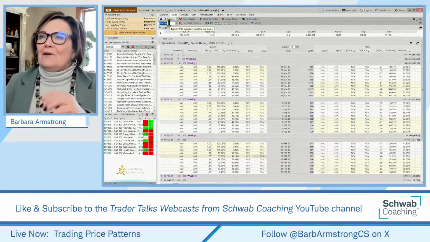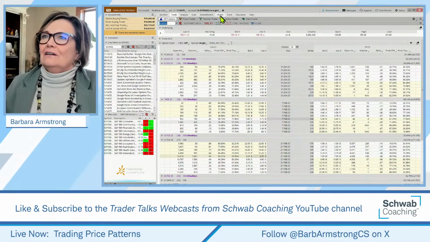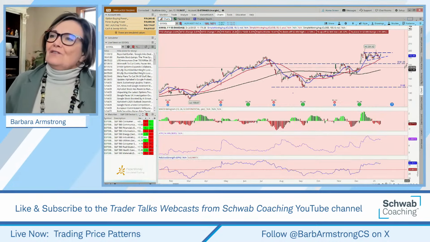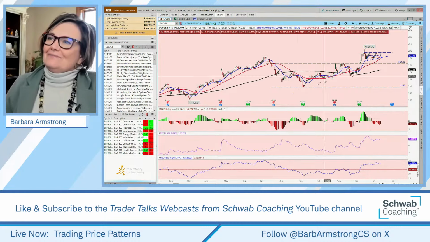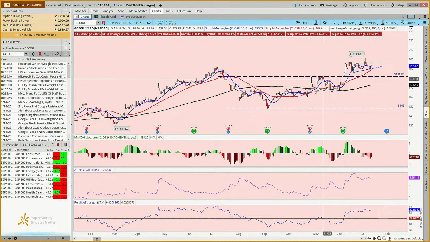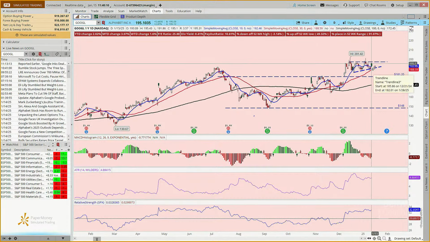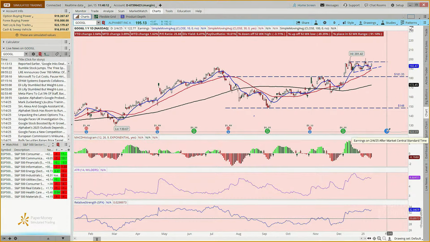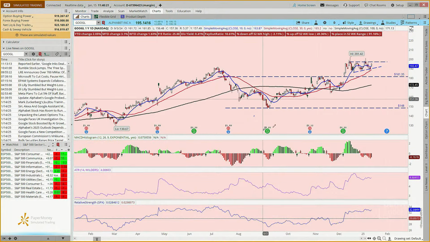How about we come and have a look at the Goog? Now here's one that's interesting because we had this kind of cup and handle pattern. Do you see what I see? And then it broke out, and then it's been kind of consolidating. And today, this really has bounced. Now we've got earnings coming up on the 4th. So we're a little bit close, aren't we? But it is a nice bounce.